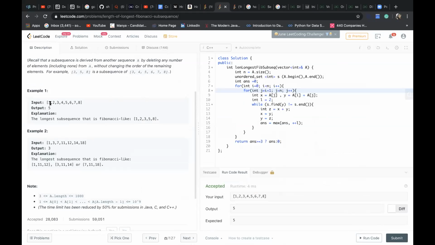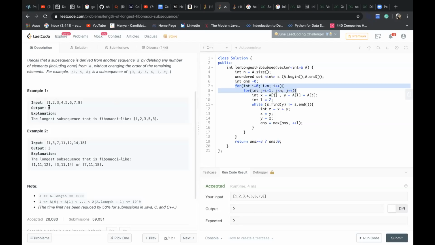What I did is the same thing. The loops are the same. For the first, it will go for 1 and 2, 1 and 3, 1 and 4. It will go on this way. Then 2 and 3, 2 and 4, 2 and 5. So these both loops are doing the same thing.